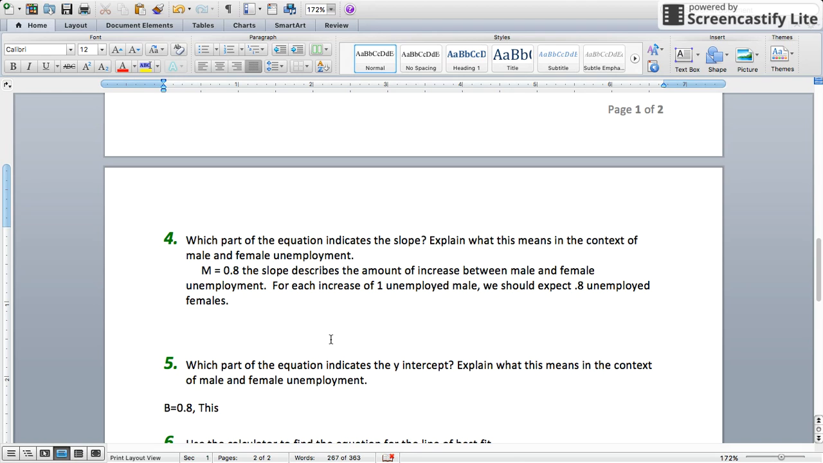and this means what? When x is equal to 0, y is equal to 0.8. Again, x is male unemployment, y is female unemployment, right? So for 0 unemployed males